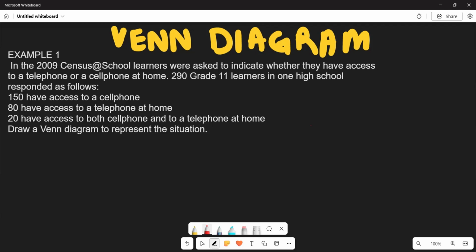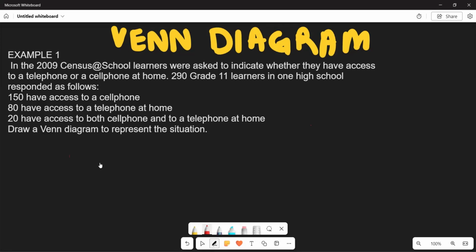Now, what we are going to be looking at today is our Venn diagram, right? I'm going to be giving you a little bit of an overview of what a Venn diagram is. Let's start here. Now, firstly, one thing that you need to take notes on from your Venn diagram is